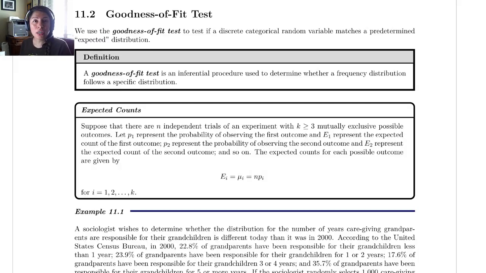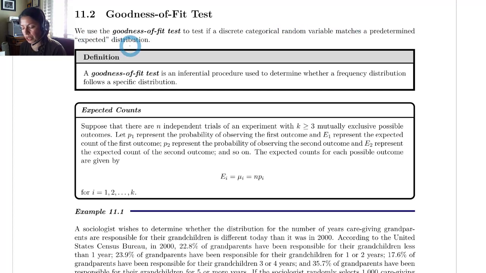So in this section, the goodness of fit test is exactly what it sounds like. I told you mathematicians are not creative. If we're looking for a good fit for something, we call it a goodness of fit test. And so we will use the goodness of fit test to determine whether a discrete categorical random variable matches a